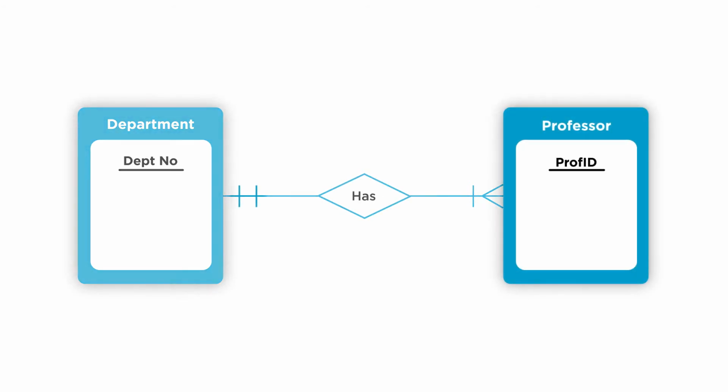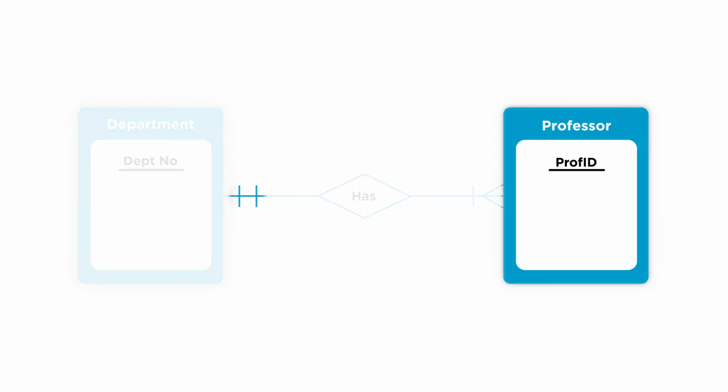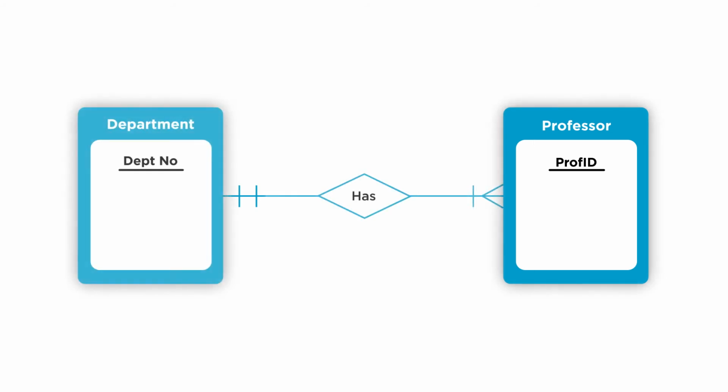On the other hand, we have a professor that has a minimum of 1 and a maximum of 1 department. This modeling assumption says that the professor cannot be associated with multiple departments, and also that we cannot have a professor that is not associated with any department. Again, this is a modeling assumption that is expressed by this diagram. It is not necessary that all departments and all universities obey the same rules. As we're saying, this diagram expresses the rule that the organization follows.